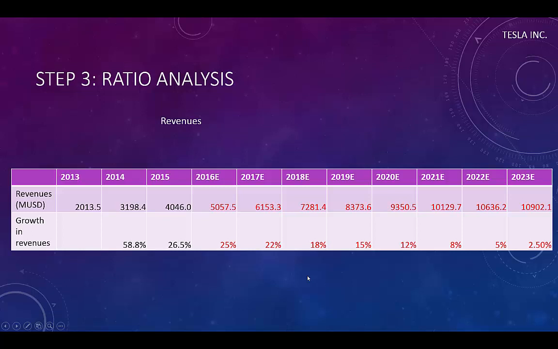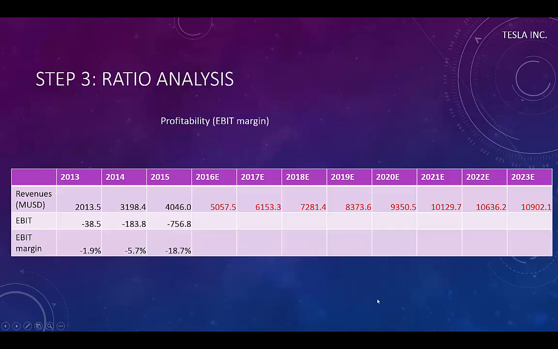With this revenue growth forecast, we can easily calculate the expected future revenues for the company. We just multiply the starting revenue in 2015 with the expected revenue growth rates. Next, we will forecast the EBIT, or the operating income. We do that by using the EBIT margin, which is EBIT divided by revenues.